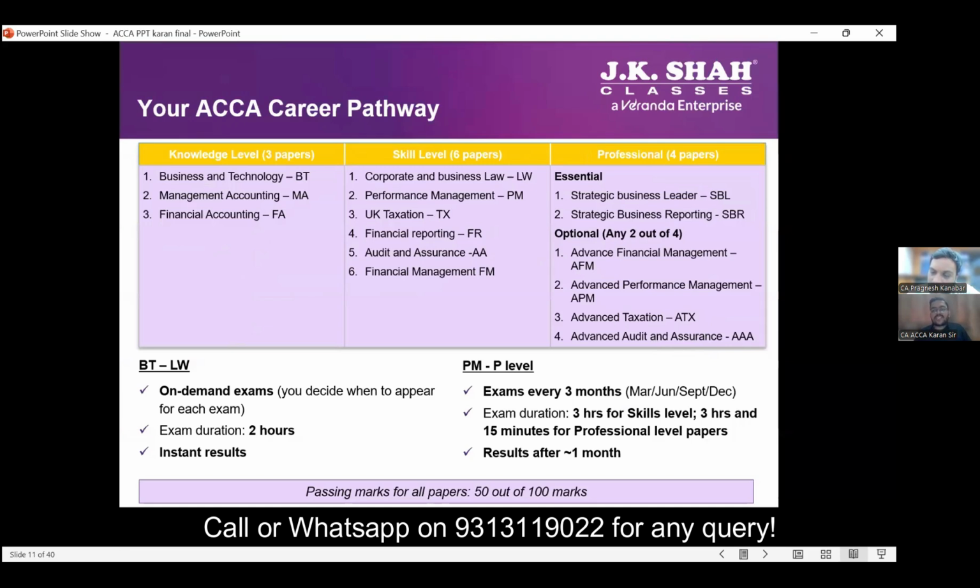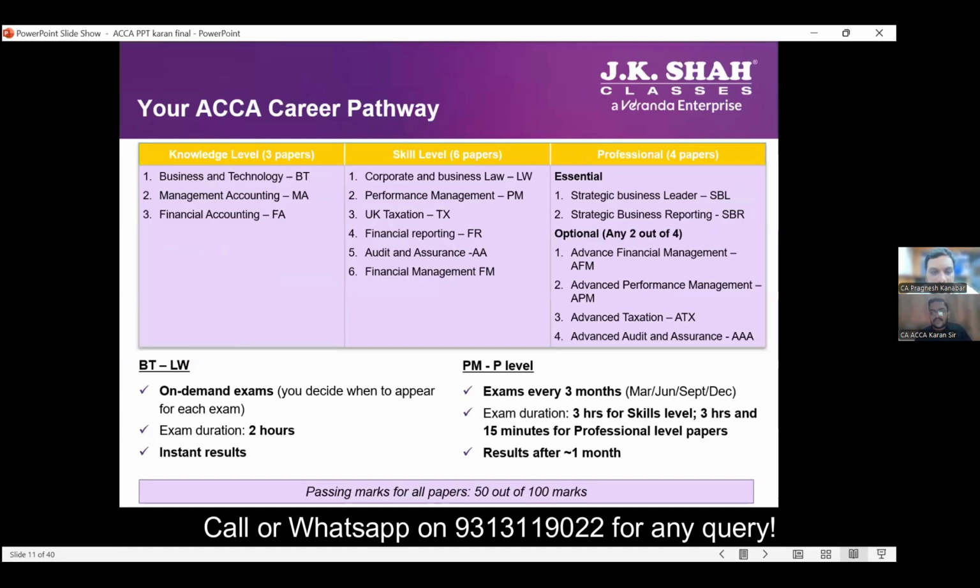Normally I don't suggest anyone give 4 papers in one attempt. Reason being, the cost involved is very high. Second, you are not very much accustomed to the flavor of ACCA, because ACCA exams you are going to give for the first time. CA you might have given 3 levels, so many papers, but ACCA you are giving for the first time, and computer-based exams. So for at least the first paper you should go individually, and then maybe if you are not working and can dedicate a good amount of time to your studies, you can give 2 or 3 papers also.